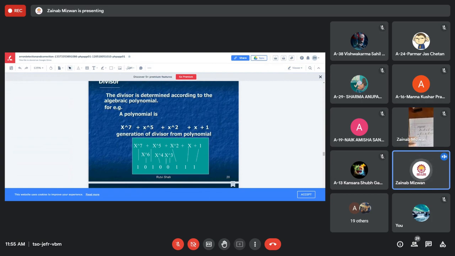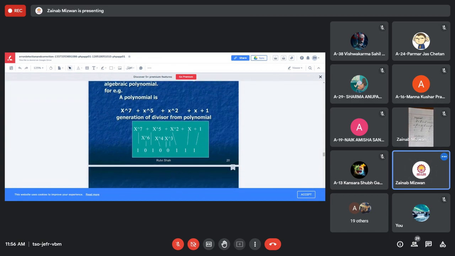So this is nothing but the divisor. Now what was given to us? A polynomial was given to us, that is the divisor polynomial, and then we will have the data. It may happen sometimes that the data is directly given in the binary form which we have found, or the data will also be given in the polynomial form. If the message is given in polynomial form, then we again convert that polynomial into binary. But as you can see in this particular slide,